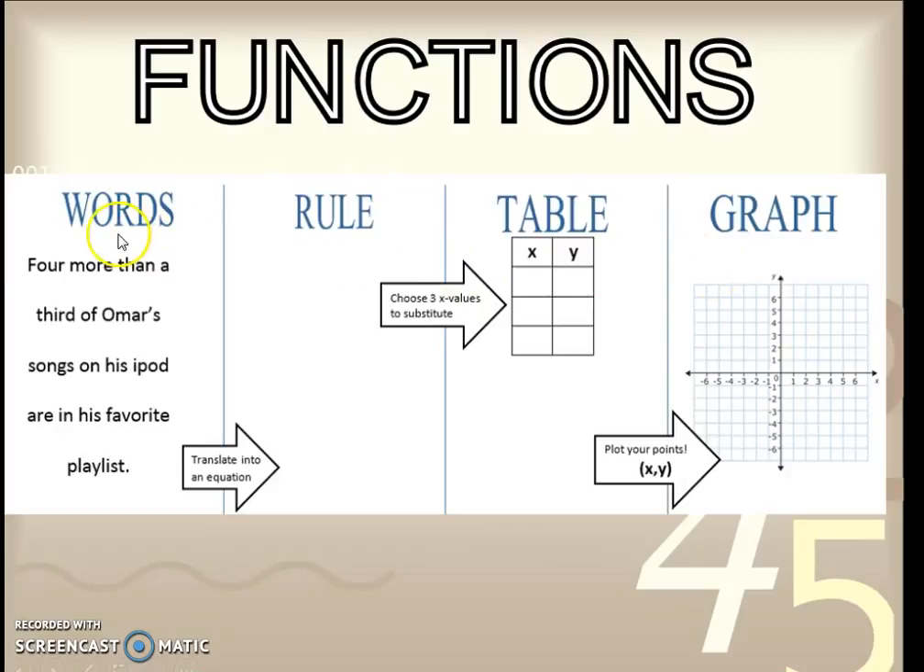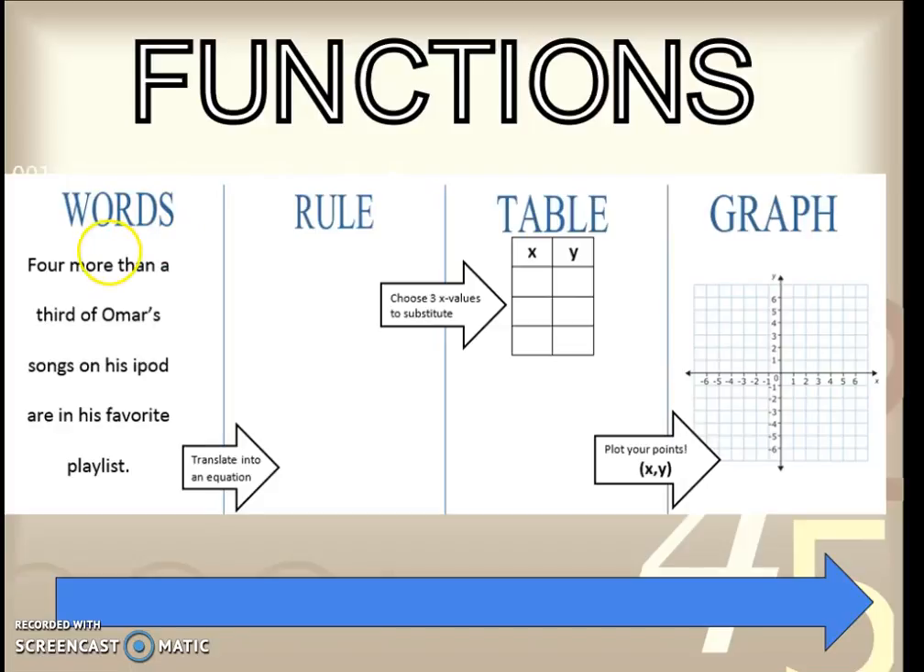So once again, you don't want to skip straight from words all the way to graphs. You want to go words to rules, rules to table, table to graph. Likewise, if you're only given the rule, you'll want to go rules to table, table to graph. And if you're given just the table, you can go table to graph. We're going to talk about